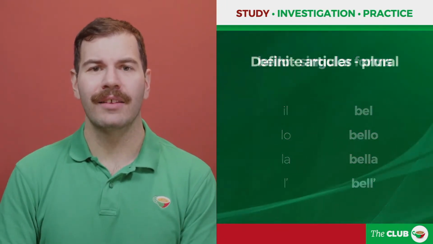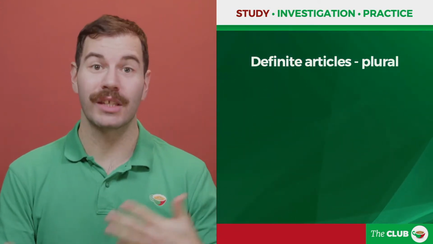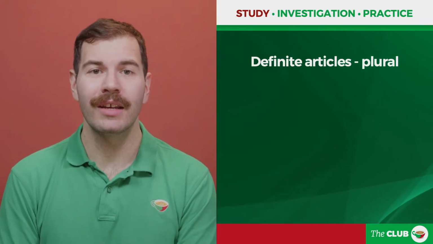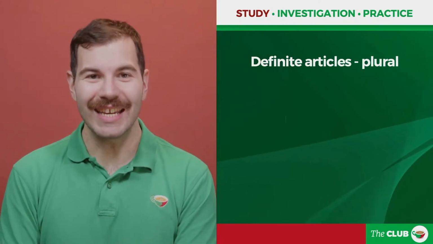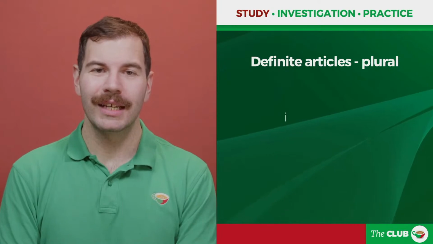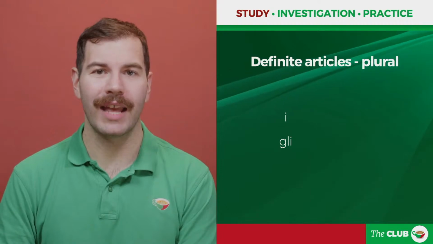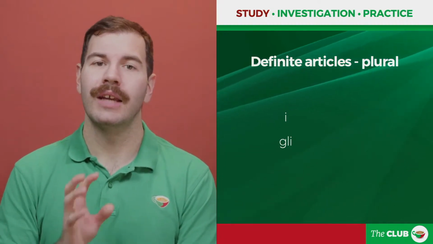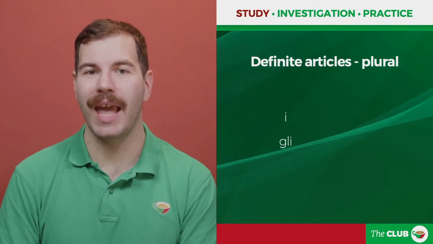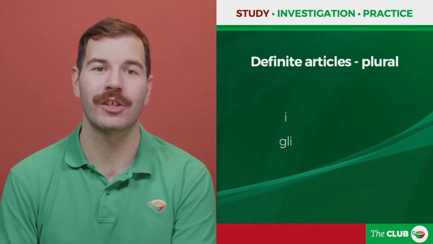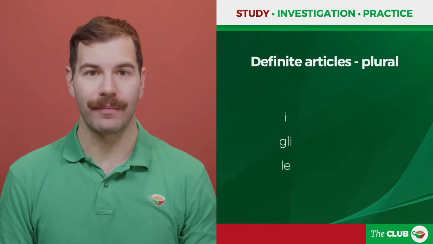Let's now look at plural definite articles. We're going to use the same explanations as for the singular, okay? So the definite articles in Italian, in the plural, are i for masculine plural nouns, gli for masculine plural nouns starting with a combination of letters, for example, vowels, S plus consonant, I plus vowel, Z, X, Y, GN, PN, and PS. Basically the same combinations of letters as lo. And for feminine plural nouns, we use le.